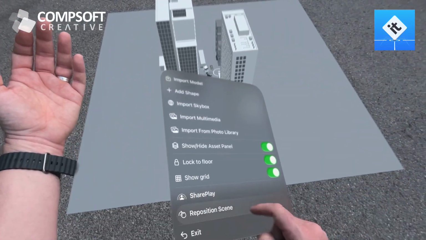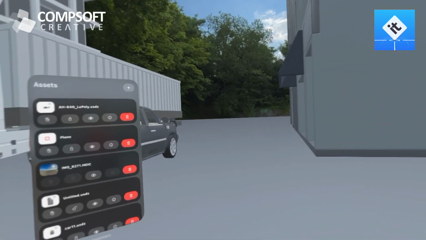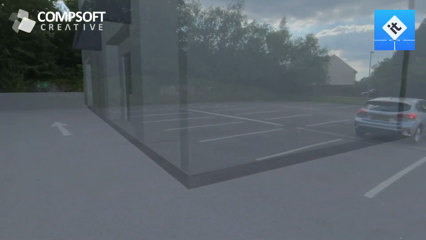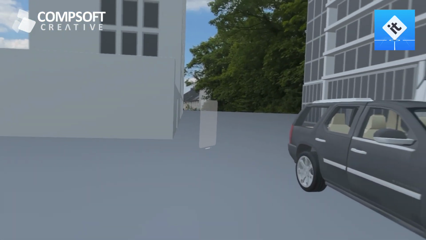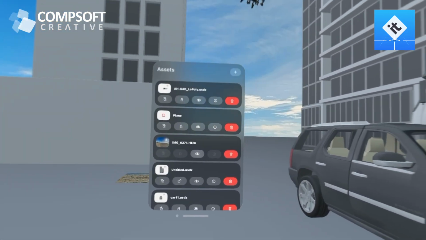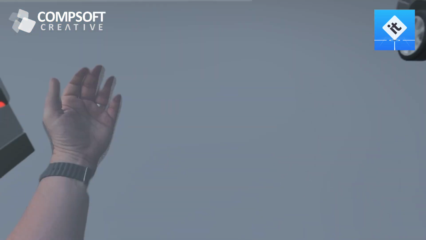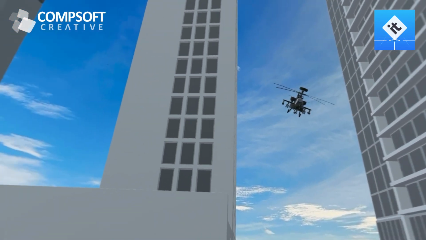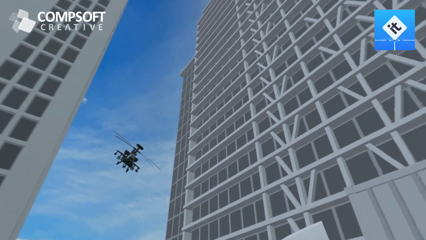So let's go ahead and reposition that scene and scale it back up to 100%. Okay, so now everything's on a floor of sorts, and on this plane, I could bring in an object with a map on it. So if I come over here, yeah, that looks really good. And if I turn my skybox back on, that's a bit better, isn't it? Oh, I can turn my grid off so that it doesn't have that space. So now I've got my skybox on. I'm going to close the asset panel, and I can really